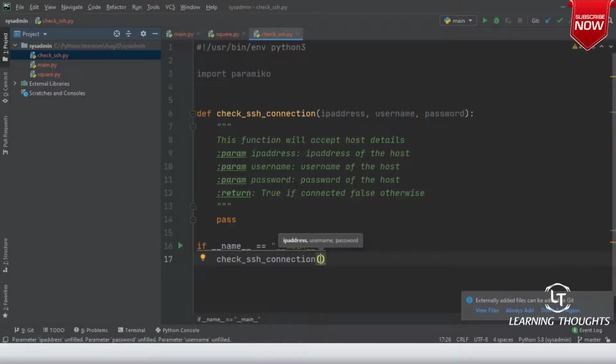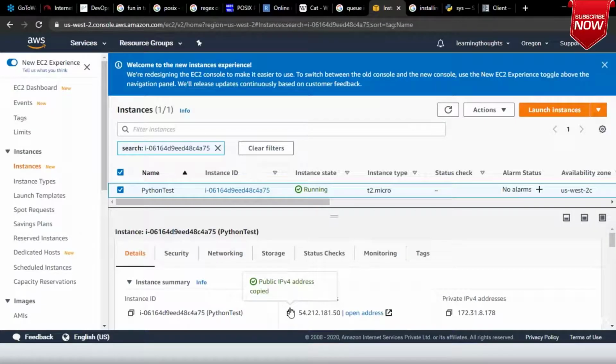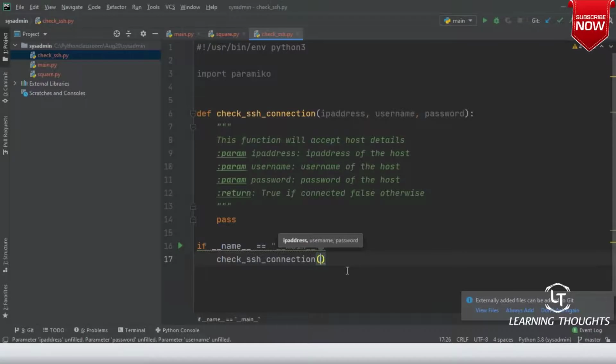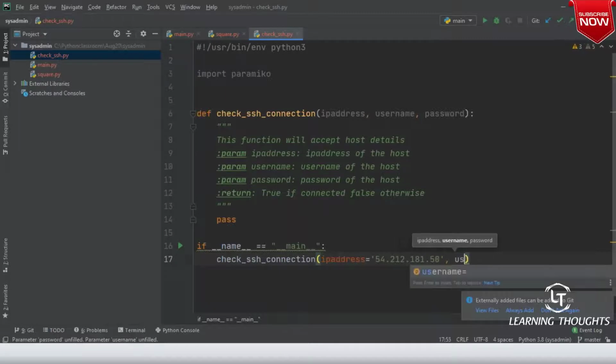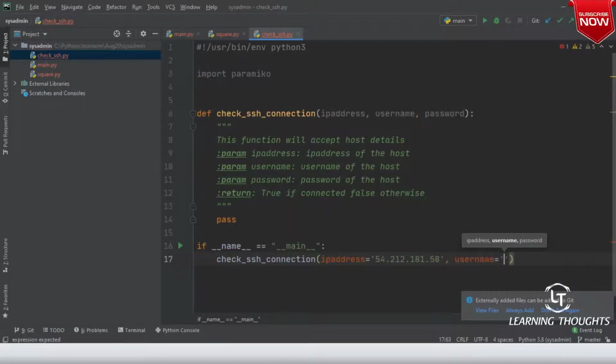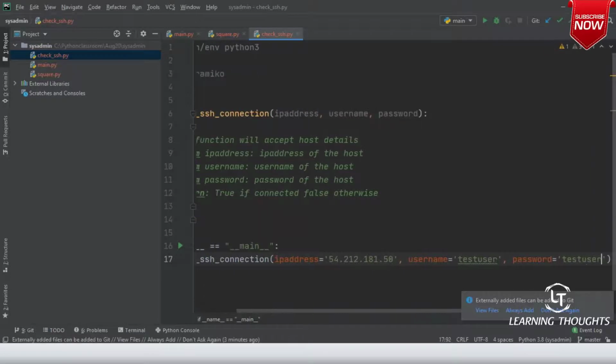Let me go into my AWS machine. My AWS machine's IP address is this. Let me use named arguments: IP address is equal to this, comma, username is equal to test user. I have the same password. Password is equal to test user.